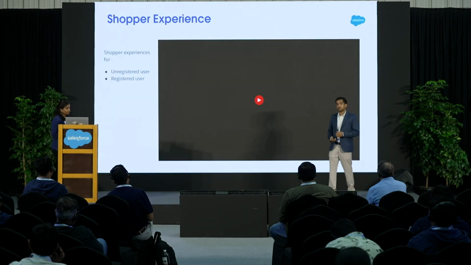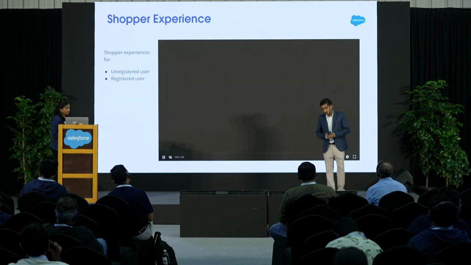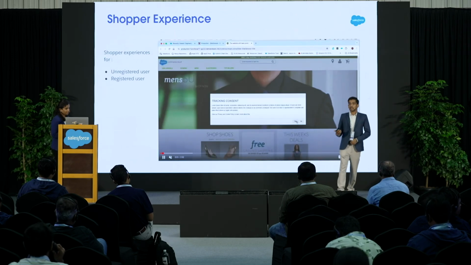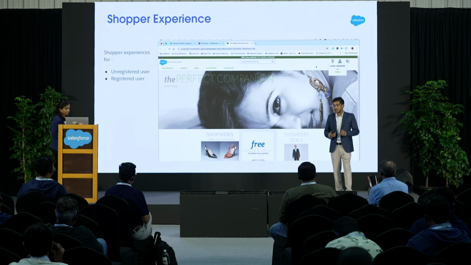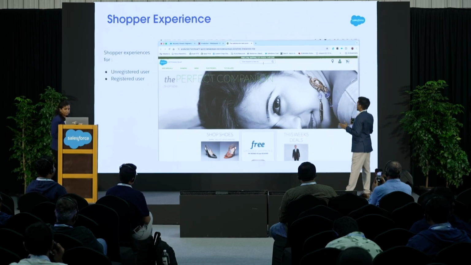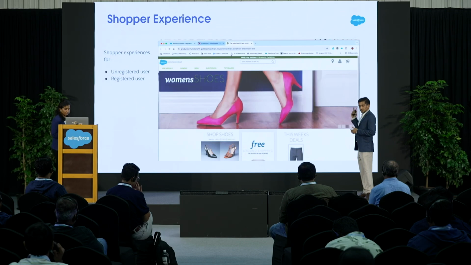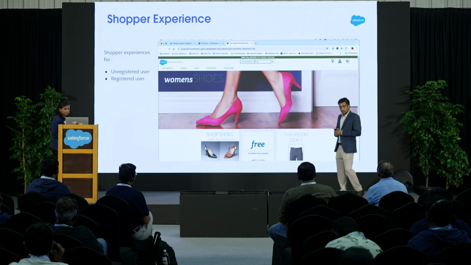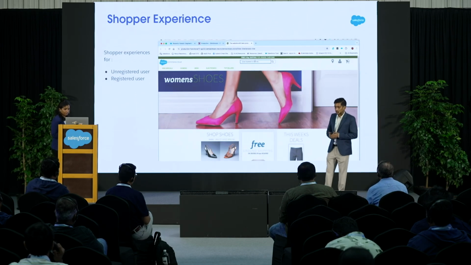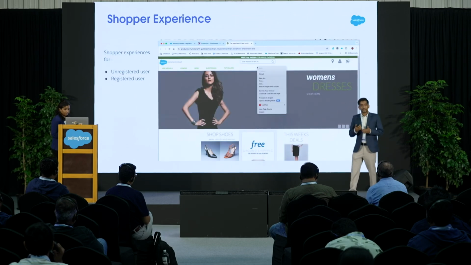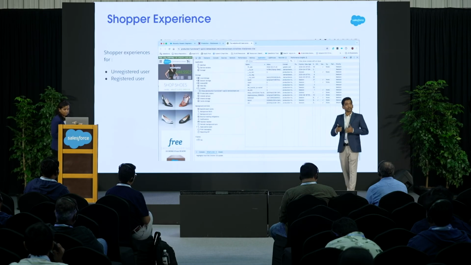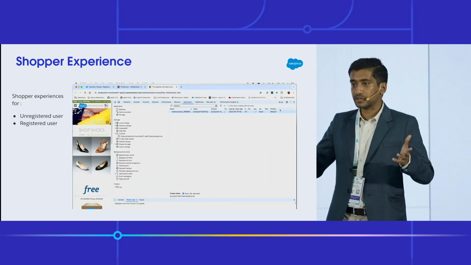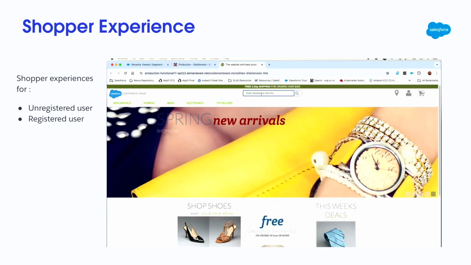How does that look for my shopper? Now, as a shopper, once you log in, the first piece that you see is consent that gets shared back to Data Cloud. In this case, I can see that my user is not logged in. It's not a registered user. How do I identify that? One way of identifying that we are using here is with the help of a cookie. We are using the DW anonymous cookie to identify that the user is unregistered or a guest user.